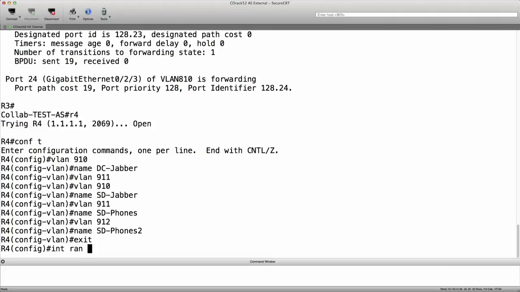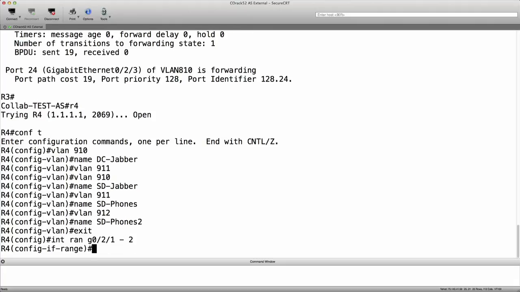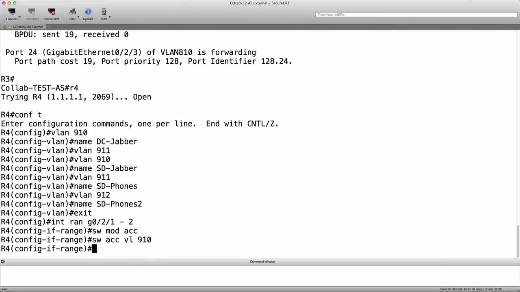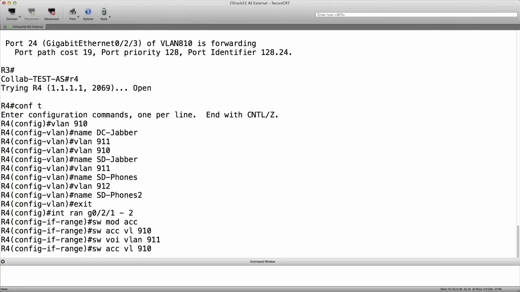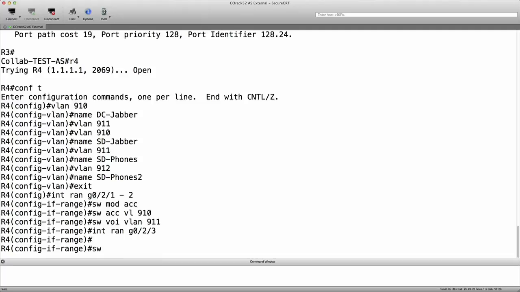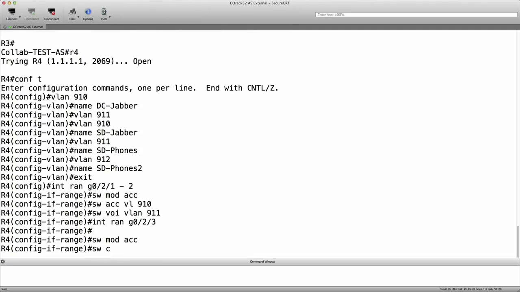Interface range, gig 0/1 through 2. Switchport mode access, switchport access VLAN 910, and switchport voice VLAN 911. And then we'll say port 3, which even though we're saying range, it will still take the command, is also switchport mode access, switchport access